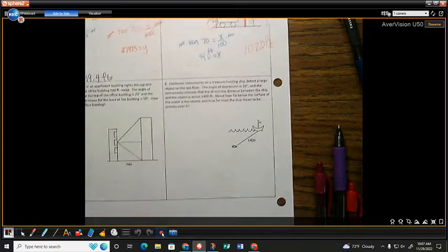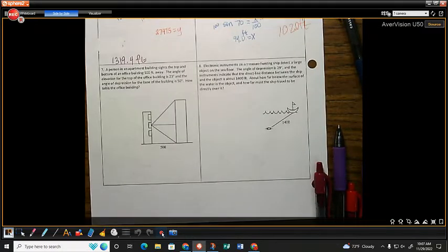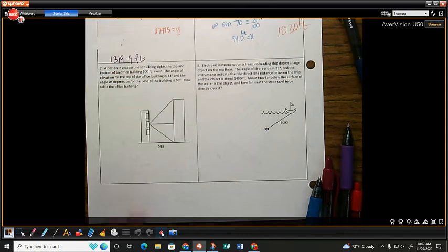Okay? For number 7, we're not going to solve 7. I want you to label 7. Fill in your picture with what you think goes in the picture. Read the problem, fill in the picture. These problems are equally hard to